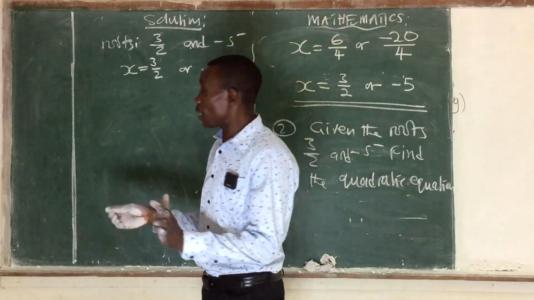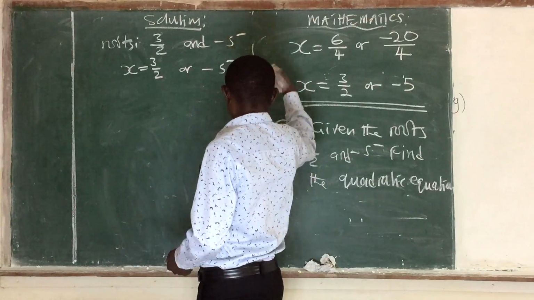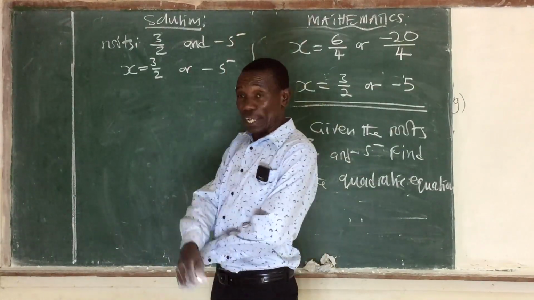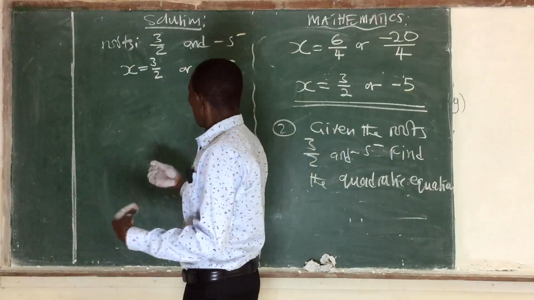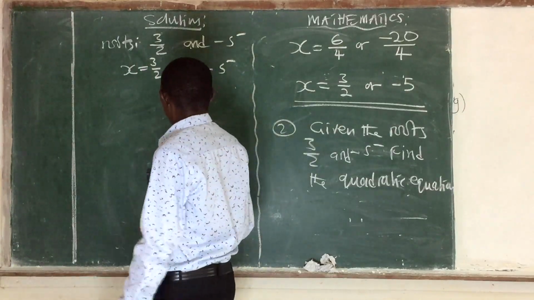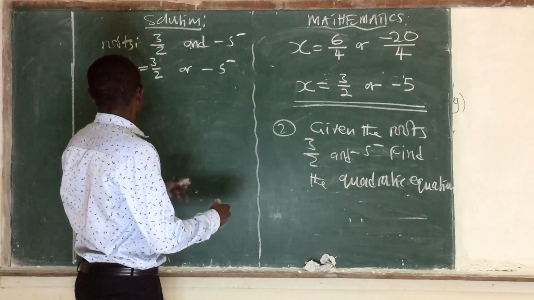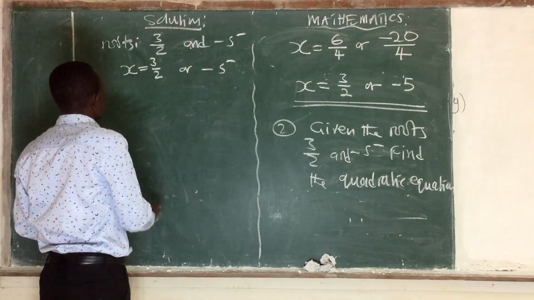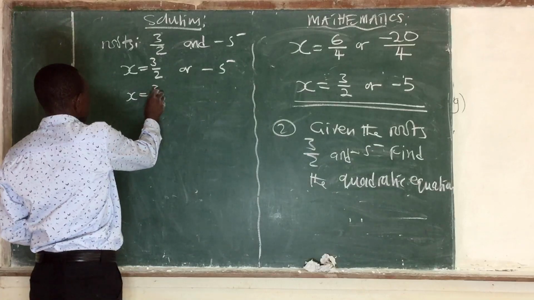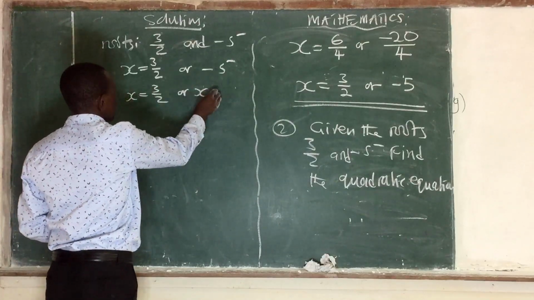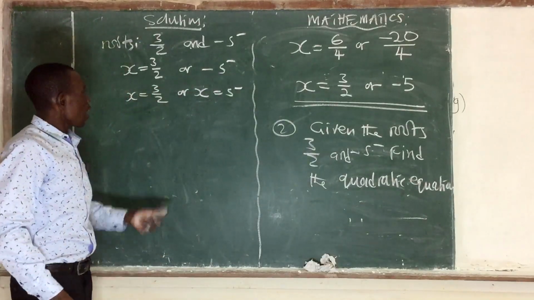It can be y, it can be what, but let's now choose that the equation we were looking for has a variable x. So it would be just like what was happening then for us to have this one and for us to have got this one. So in this case, it is just like x was equal to 3 over 2 or x is equal to -5. As such,